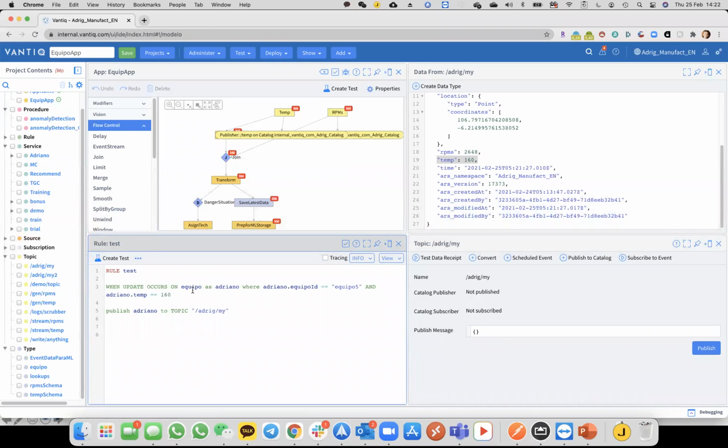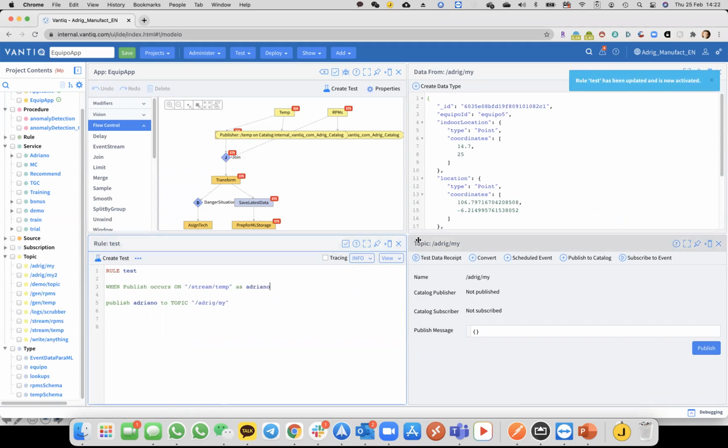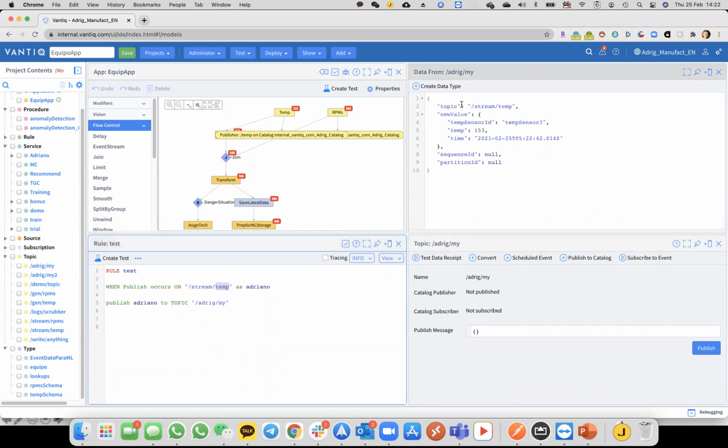One thing that I want to show you, so when publish occurs on, and it's a topic, I'm gonna put stream/temp. I forgot the first slash. As Adriano. I'm not gonna filter anything. I just wanted to publish. So I want you guys to see what happens. Now, when I have a new publishing of temperature, take a look on how my property is being published. There's a few more